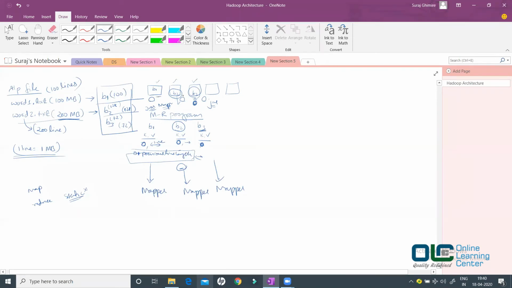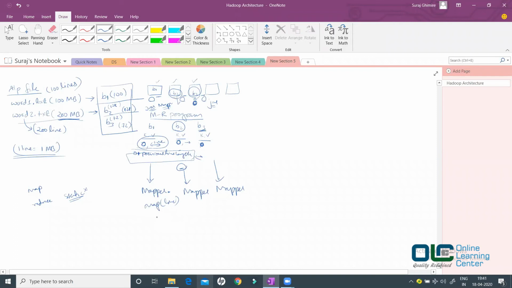The JVM will create the object of the mapper class here. The JVM will also create the object of the mapper here. Okay, done. So once that is done, the JVM will call mapper.map for each line, right? For each line, the JVM will call mapper.map and it will pass the entire line. When I say line, that means the key value pair here, because the mapper accepts the data in the form of key and value pair. So the keys are created, the values are created, and the key value pair would be sent for each mapper.